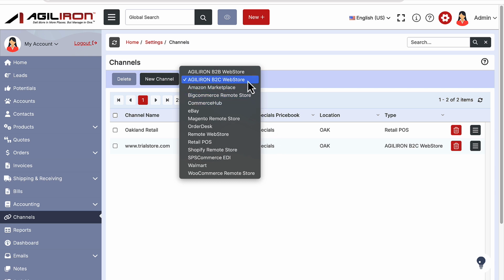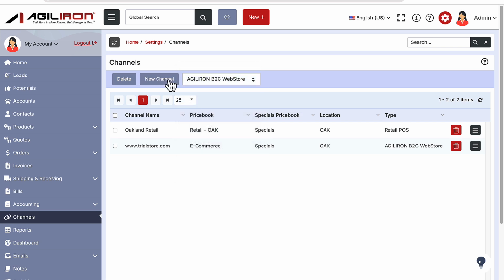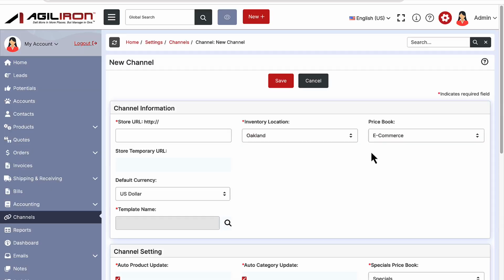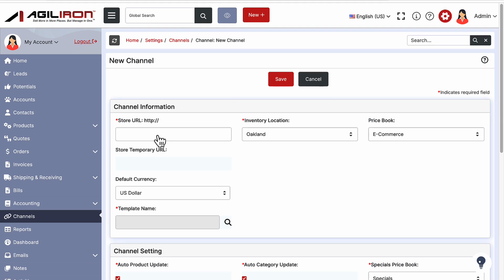The configuration options for a web store are somewhat more involved than other channels because e-commerce is inherently more complex. We start here by selecting Agiliron B2C web store and then clicking the New Channel button. Here are your configuration options for your web store. The store name field here specifies the URL that will be used by your customers to find your e-commerce store. http:// is already assumed by the field, so you type the rest, for example,